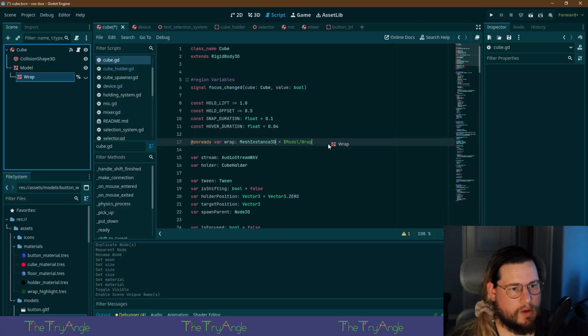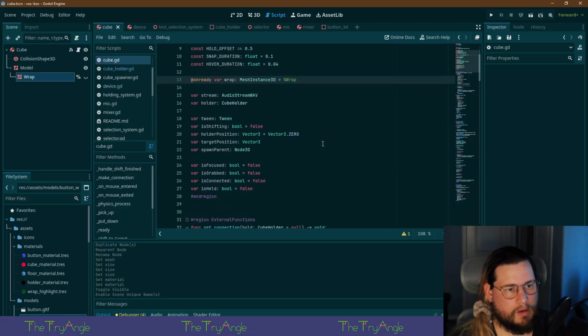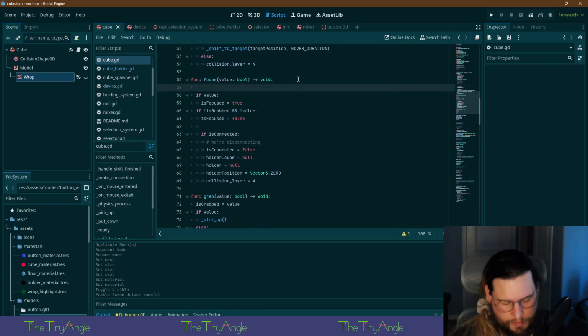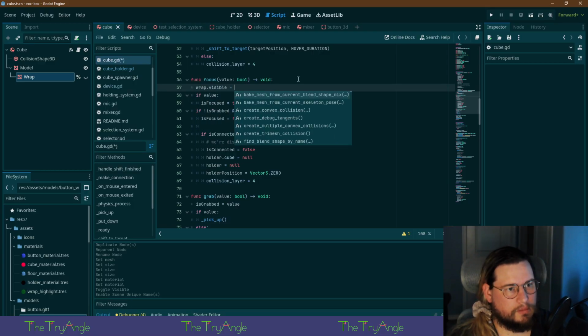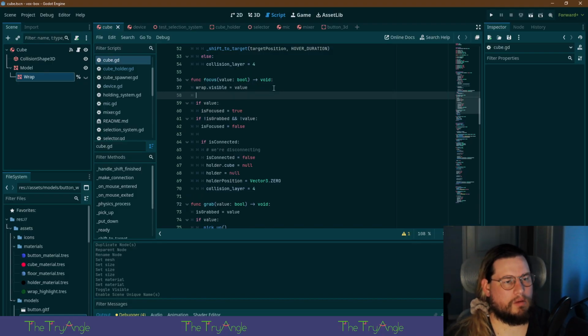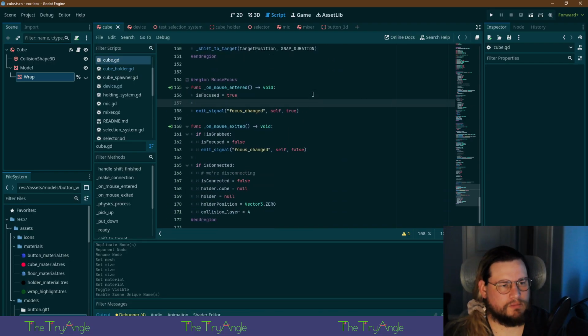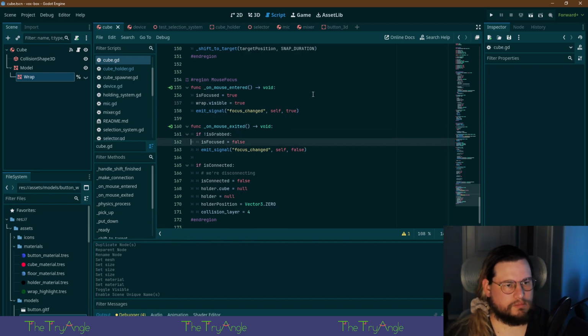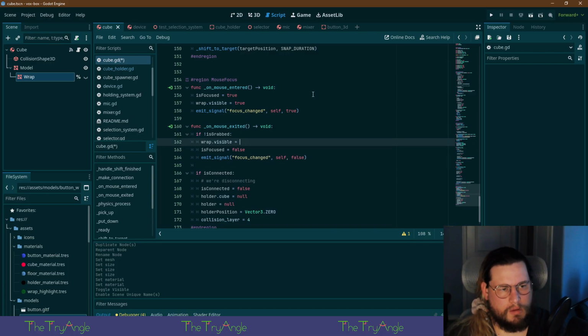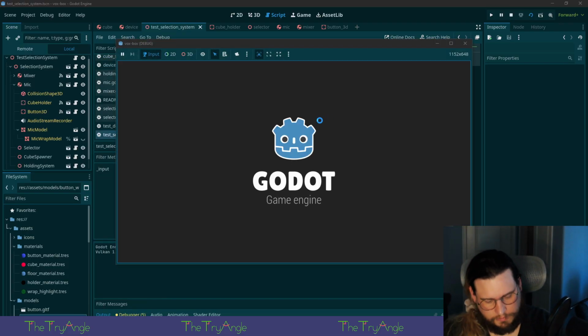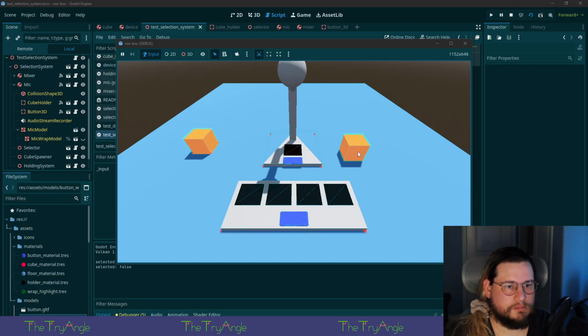Let's give it a unique name. I like it. I like it a lot.